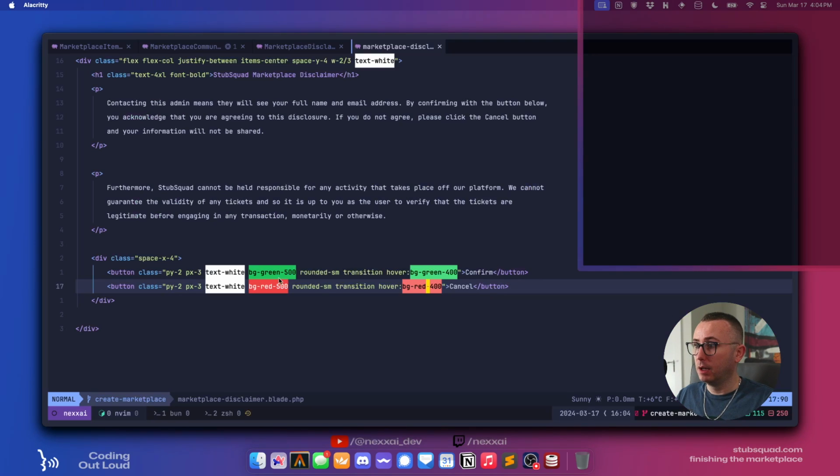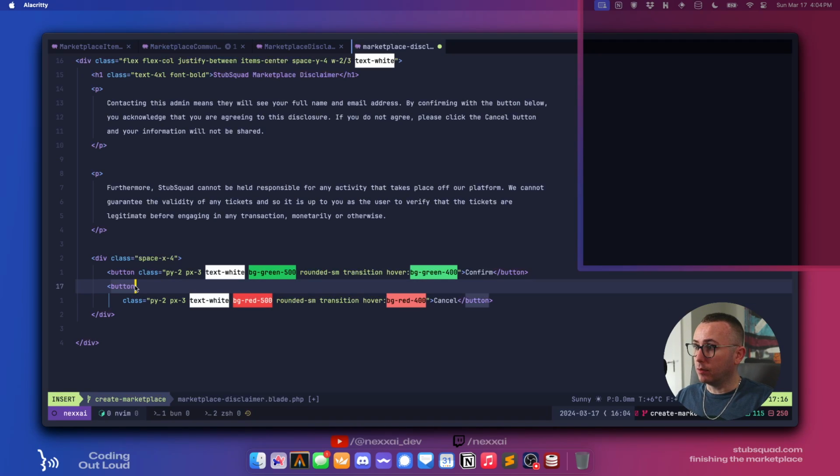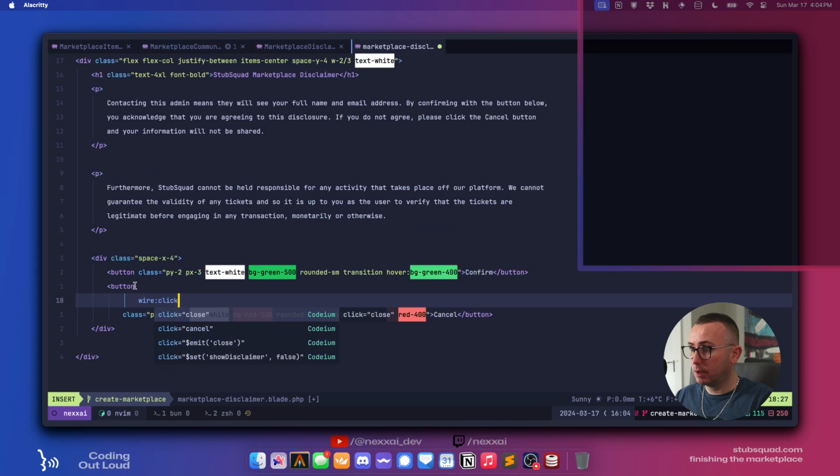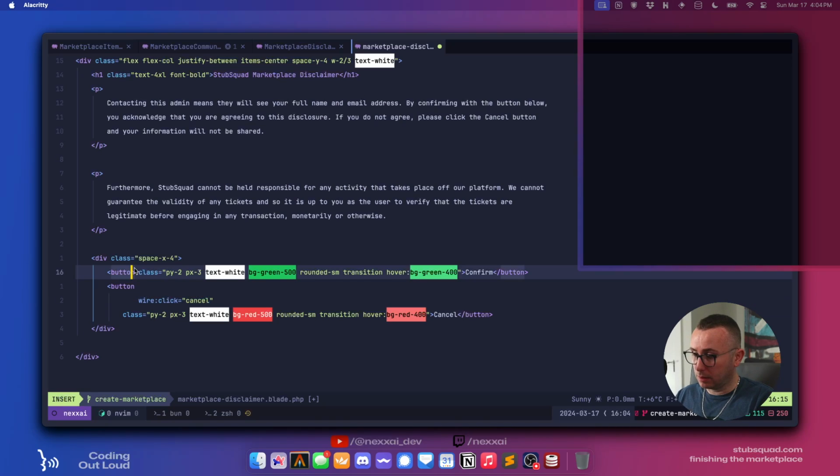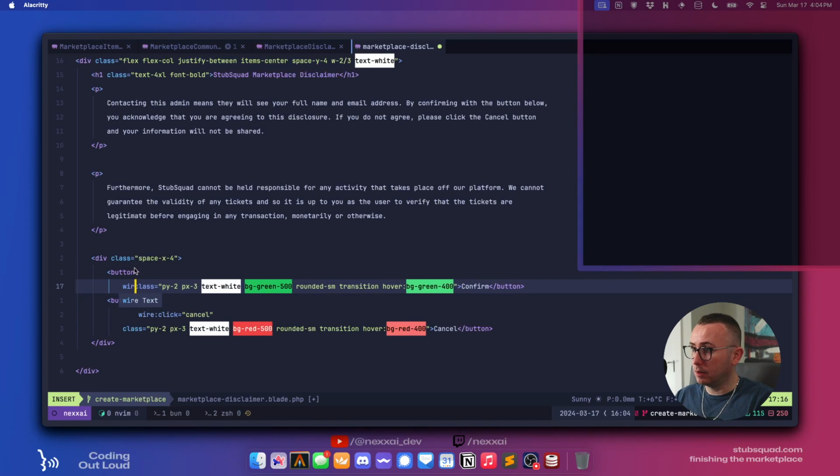Cool. And now we want to do something with these buttons. So we're going to say wire:click equals cancel. And wire:click equals confirm.